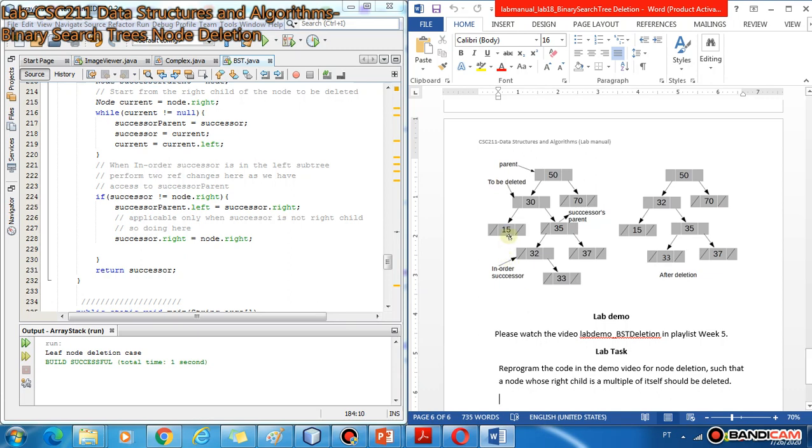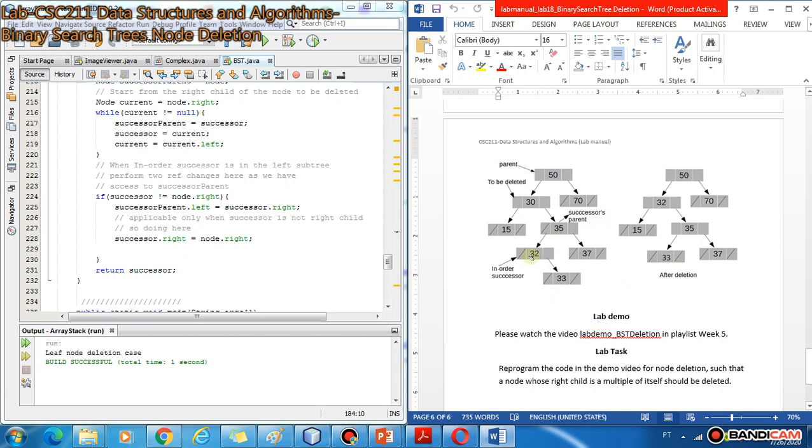The left child of the node to be deleted should become the left child of the successor, and the right child of the successor should become the left child of its parent.